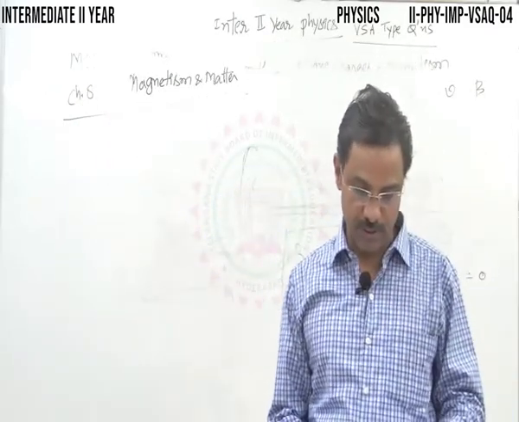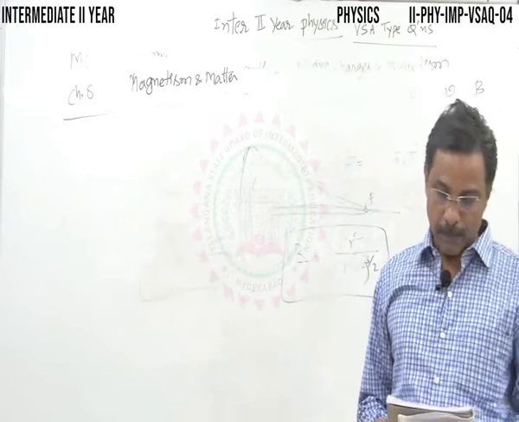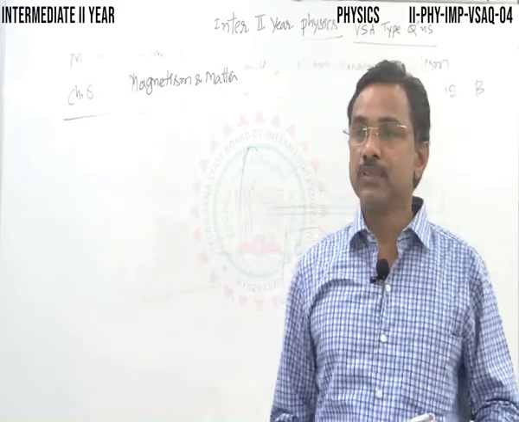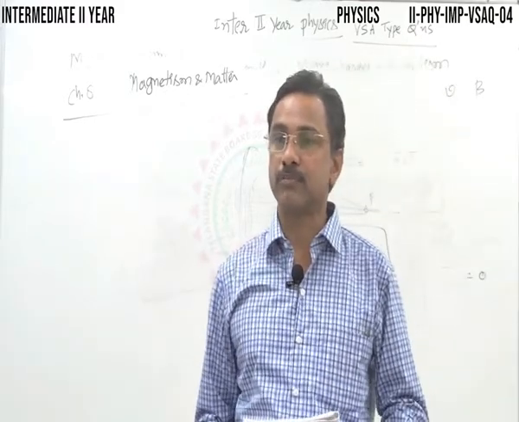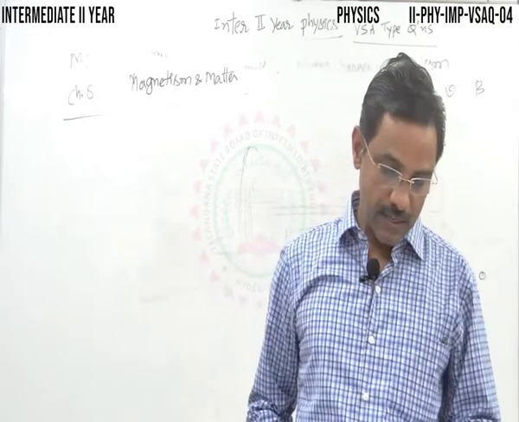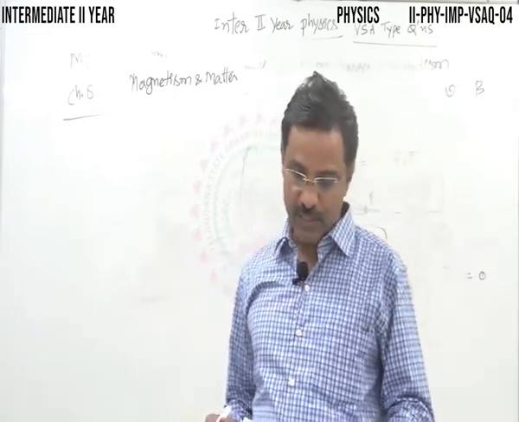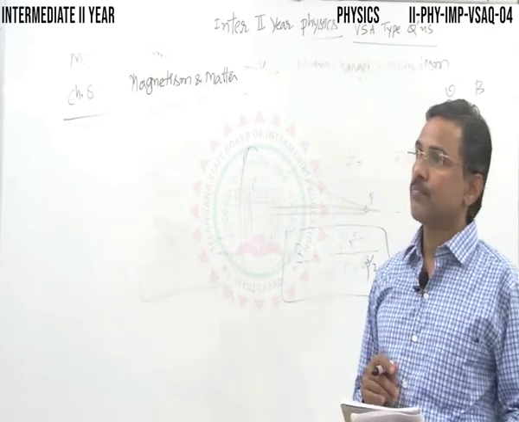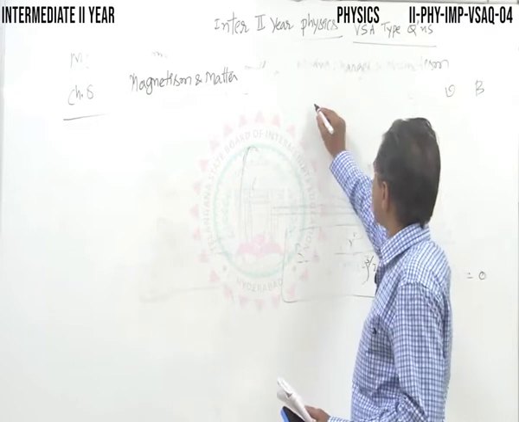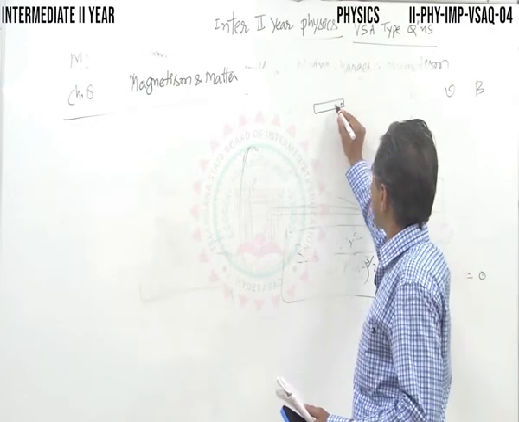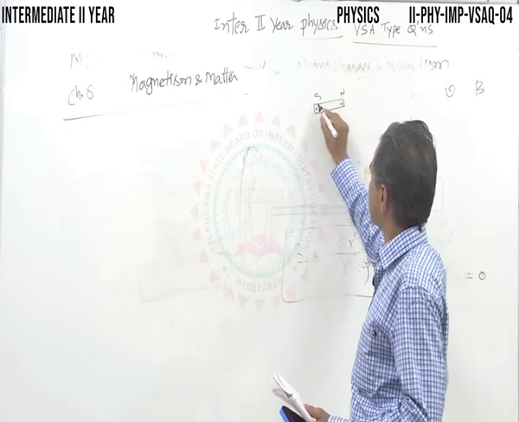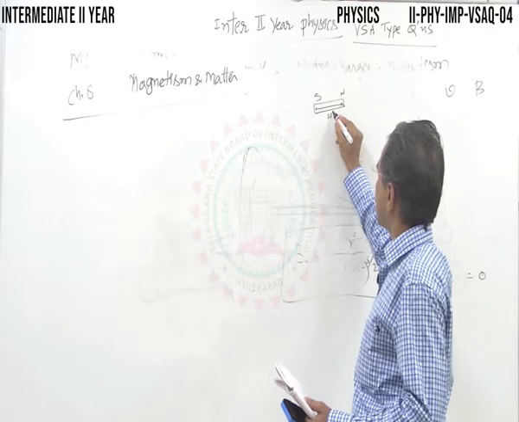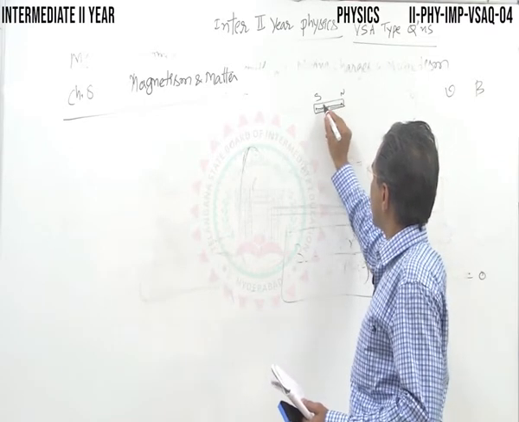First of all, simple questions. I'll just read out. This is important for practicals also. A magnetic dipole placed in a magnetic field experiences a net force. As you know, a magnetic dipole has a north pole and a south pole, N and S. The distance between them is called the magnetic length, denoted by 2L, right? L and L, isn't it?